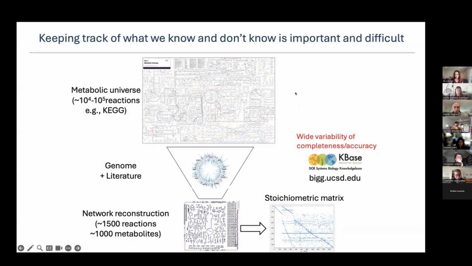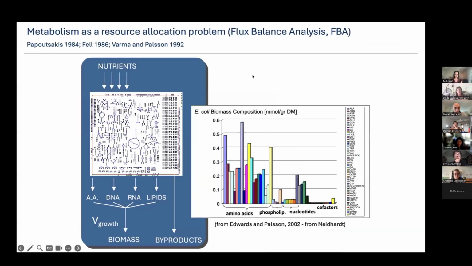And even if we have imperfect models, it's actually quite instructive to try and build models because it illustrates that even just formally keeping track of what we know and we don't know is very difficult, but it is very important, irrespective of whether or not these models are used for different types of quantitative predictions. So the process of building these models is interesting and important. And of course, ultimately, one wants to use these models for making predictions that are relevant for different fields, including marine biogeochemistry. This method, known as flux balance analysis, really has its roots in metabolic engineering in the 80s.